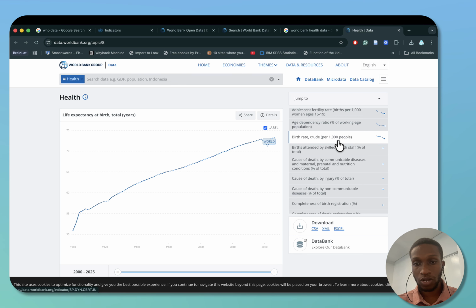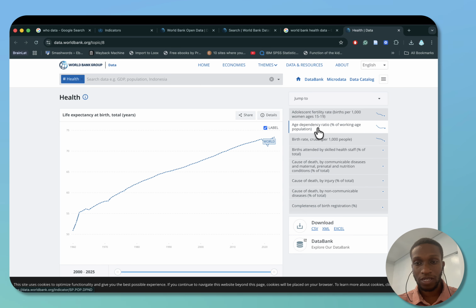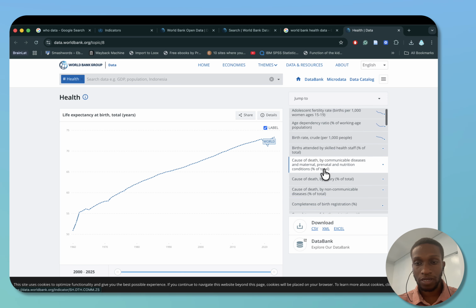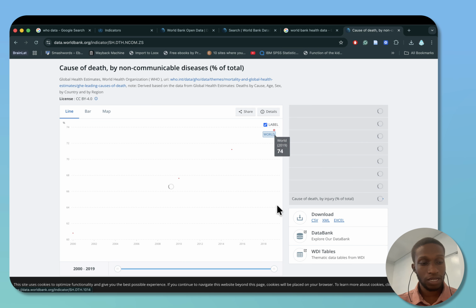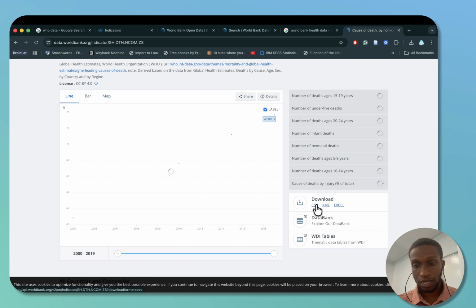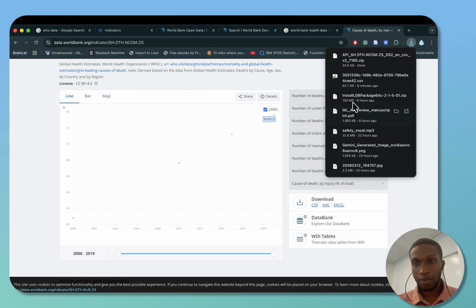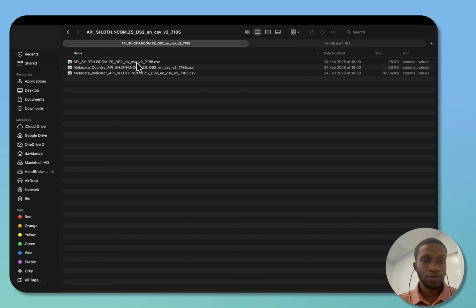So you can see in this column, we have adolescence, fertility, age dependency, birth rate, cause of death. So let us say cause of death by non-communicable diseases. When I click that and I say CSV, I'm able to get a CSV file. So for this, you just have to open it up,